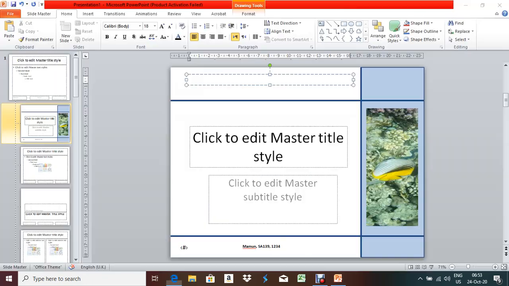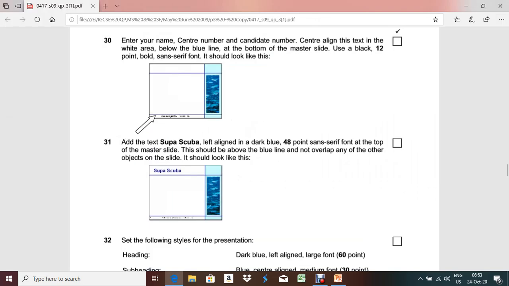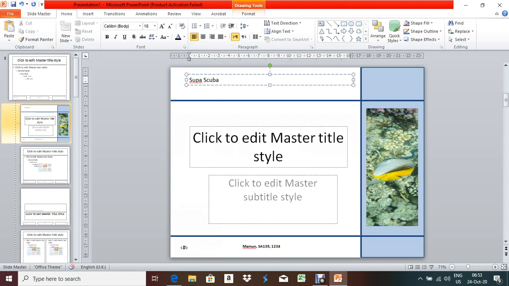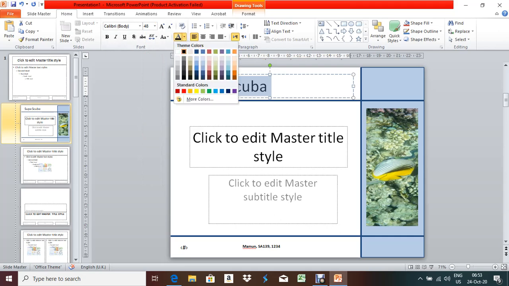You have to write Super Scuba, and it should be 48-point left aligned dark blue sans serif. It is already sans serif, you just have to make it 48-point. It should be dark blue and it is already left aligned.